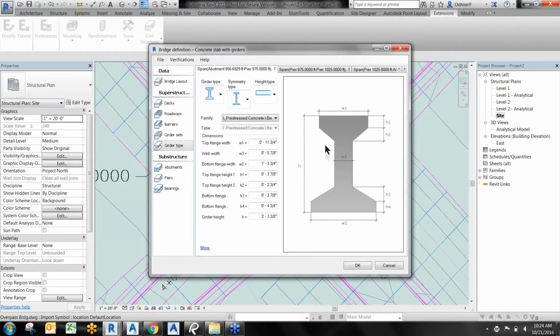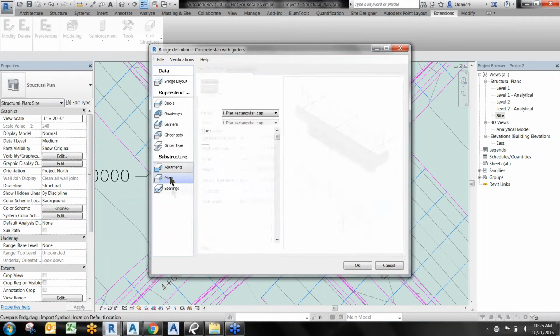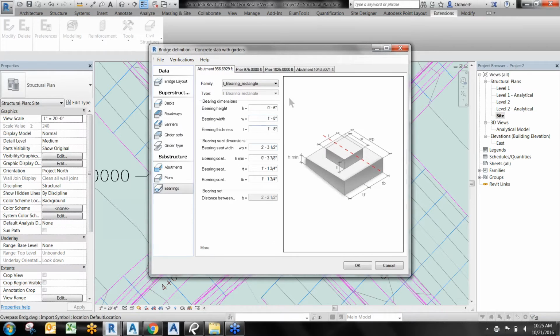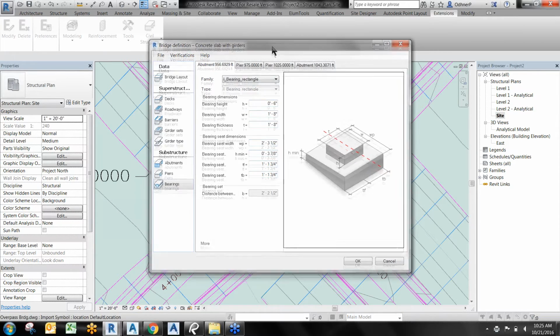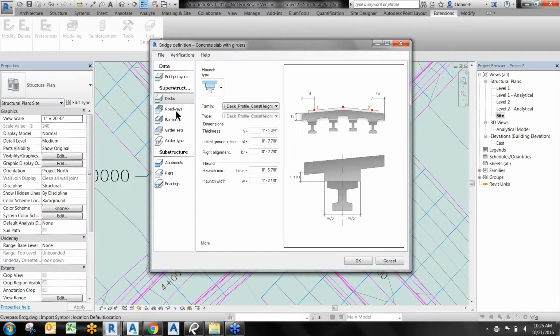And remember, you don't have to place an in-family component here. This is all being developed and taken care of for you through this extension. Abutment, piers. So at this point, we can fix all this criteria and make it so, to your design intent here. So what I'm going to do here is hit OK,